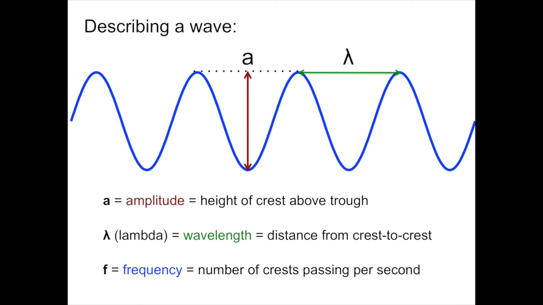Finally, another property of a wave, which is very important to us, is the frequency, which I'm going to denote with the Roman letter F. This is the number of wave crests that are passing a fixed position per second. If this wave were propagating off to the right, and I would see 1 crest, 2 crests, 3 crests, 4 crests per second, that would be a wave with a frequency of 4 crests per second, 4 waves per second.